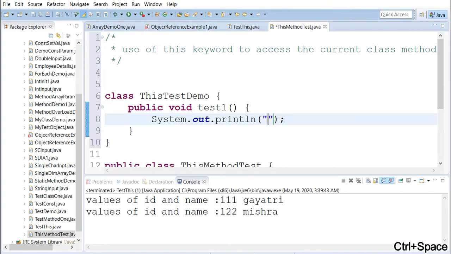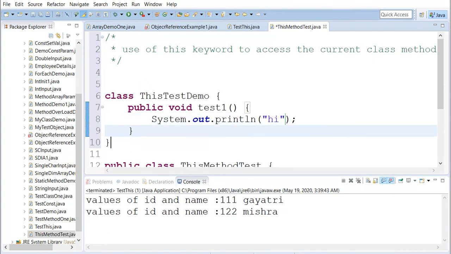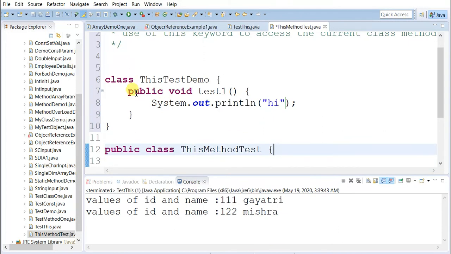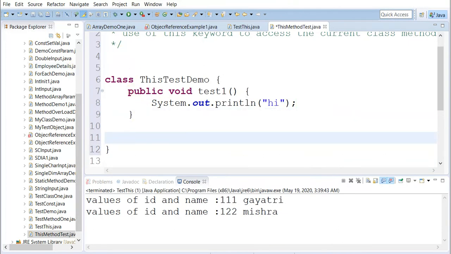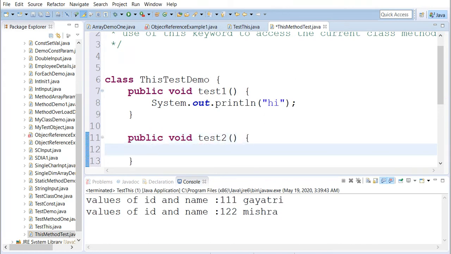Let's say it prints hi. And let us say public void test2 is another method, and we need to call the current class method.